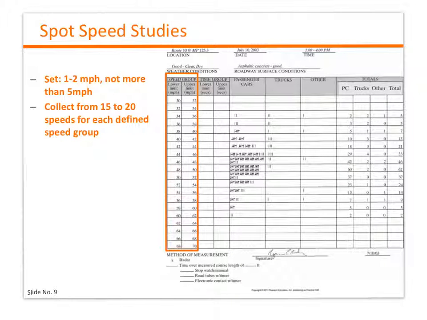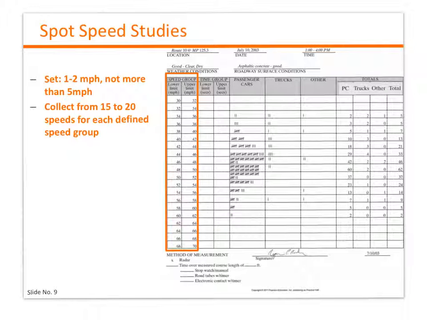Typically we set it at 1 to 2 miles, not more than 5 miles. For example, here the lower limit is 30 and the upper limit is 32. So I'll be interested to see how many cars and trucks are traveling from 30 to 32, and then from 32 to 34, 34 to 36, and so on until you reach 68 to 70,